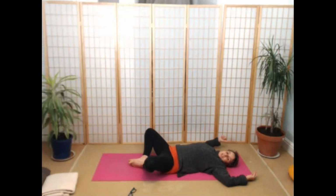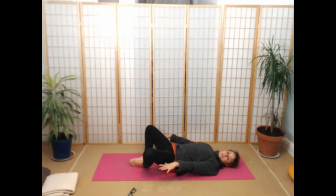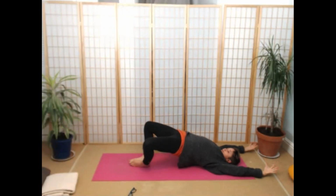And we're going to continue with a moving bridge. So we're giving our spine a lot of love, but we're going to do it in this butterfly position. So bring your palms down to the floor beside you. And you need to really press into the outer edges of your feet here into the floor. So as you breathe in, press into your feet, lift your arms and lift your pelvis and side waist up as much as you can. Pause here